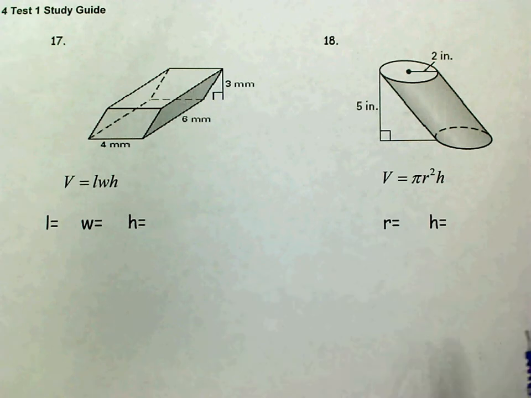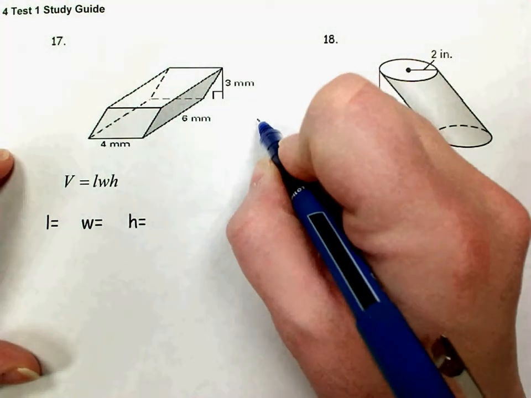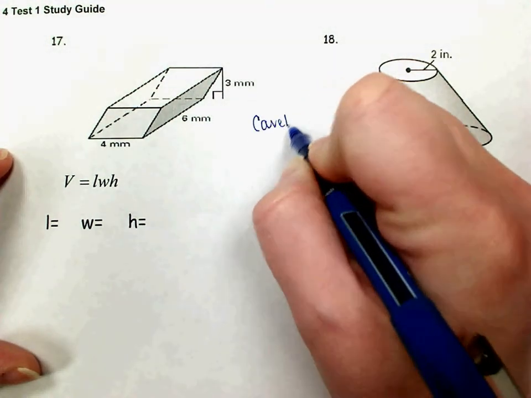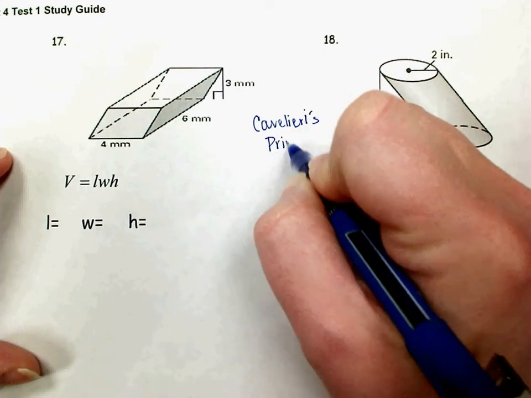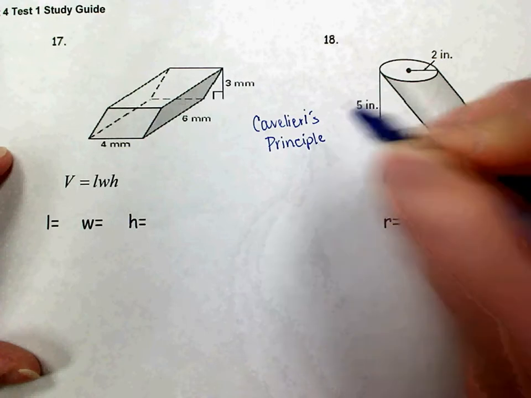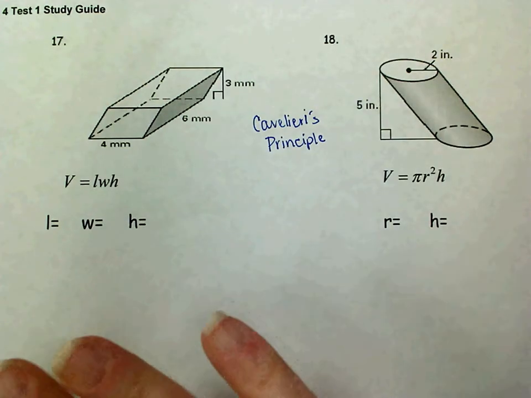On number 17 and 18, we don't have right prisms here. They're what we call oblique solids. So we're going to be using Cavalieri's principle in order to find the volume of these objects. So remember, Cavalieri's principle just simply says if you take a right solid and just push it over to the